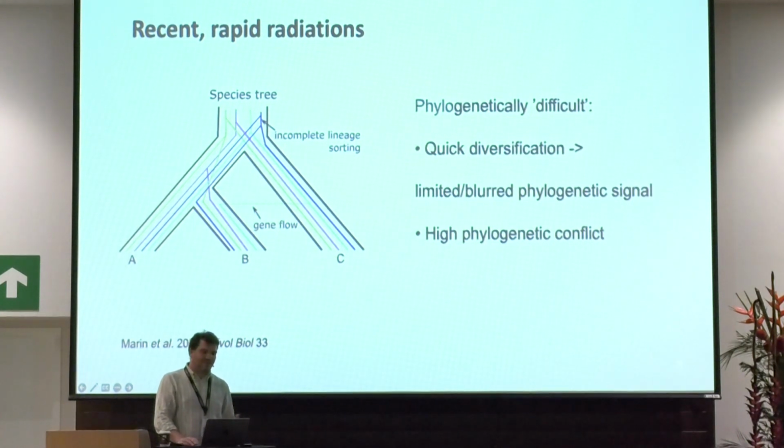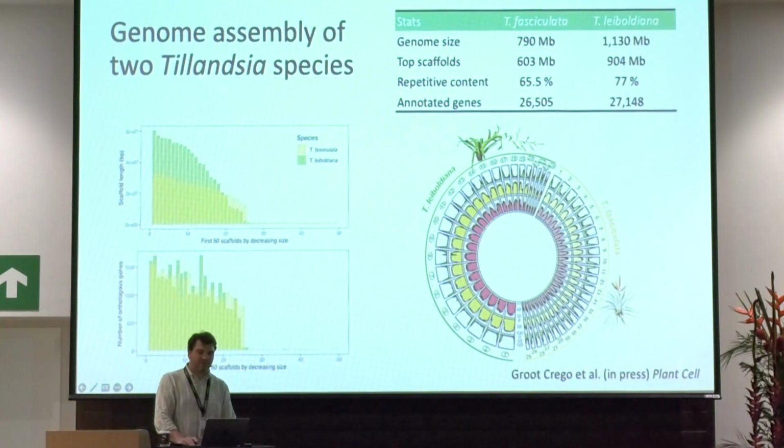Now, we wanted to understand better the phylogeny of Tillandsia subgenus Tillandsia, but also for other studies which we are doing, we decided to assemble two reference genomes first for this group. We chose two species which are divergent in their phenotypes, for example, in CAM photosynthesis, and also differ in genome size. So Tillandsia leiboldiana on one side has a slightly larger genome size, 1.1 gigabases, and it's a C3-like plant. And Tillandsia fasciculata is a CAM species, and it has a slightly smaller genome size, roughly 800 megabases.